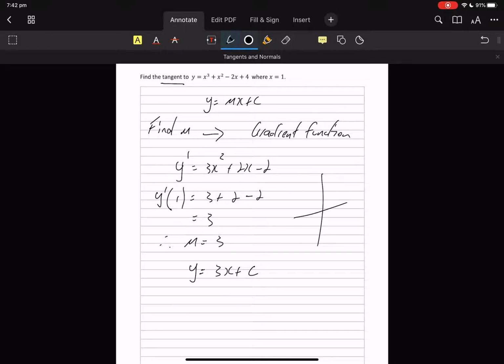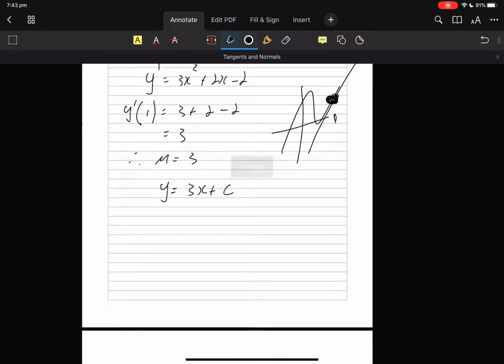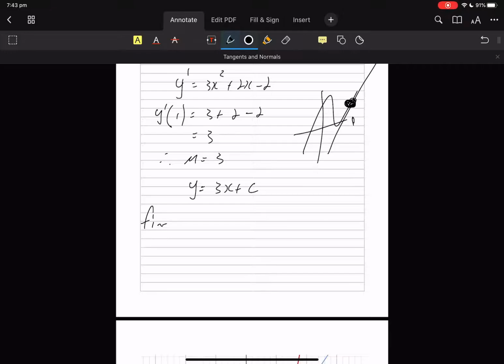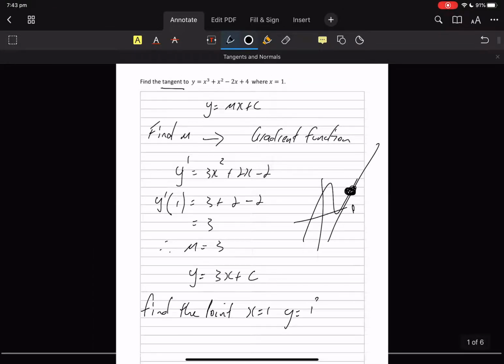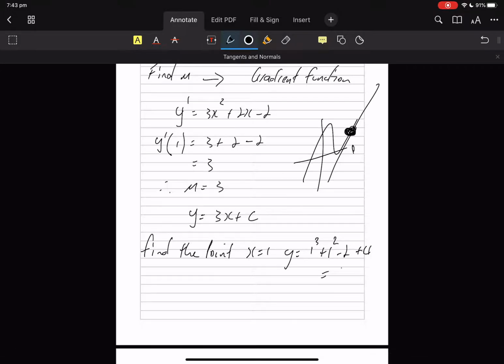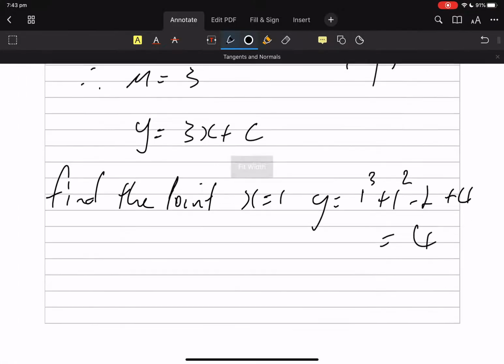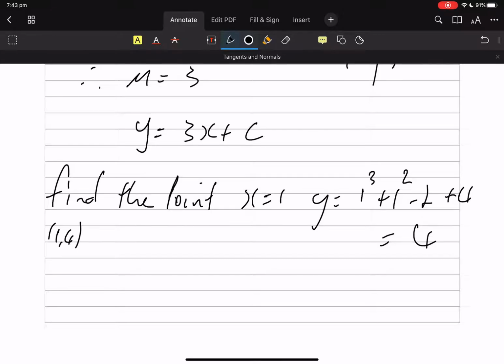Remember that the tangent passes through this point on the function where x equals 1. So we need to find the point by x equals 1, so that will be y equals 1 cubed plus 1 squared minus 2 plus 4, which is 1 plus 1 is 2, 4. So the point 1, 4 lies on the tangent,